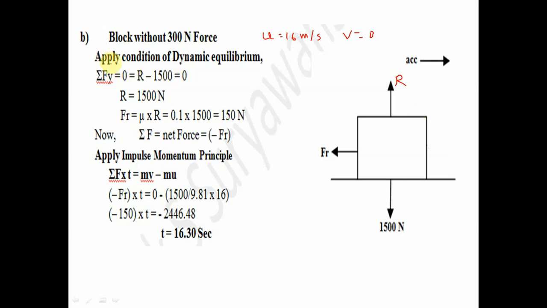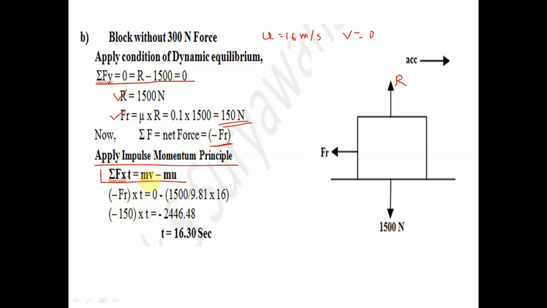So apply again the condition of equilibrium. Summation Fy is equal to 0, so R minus 1500 is equal to 0. From that we calculate the reaction R, then the frictional force Fr. So we get frictional force 150. Now what is the net force in the direction of acceleration? Only minus Fr. Now I apply the impulse momentum principle: summation F into T is equal to mv minus mu. So the net force, minus Fr, into T is equal to